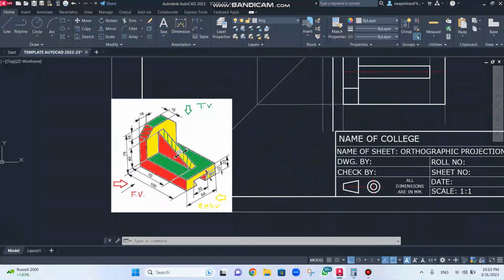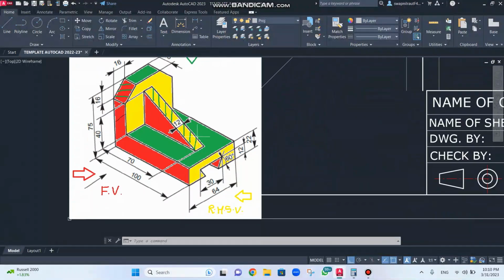Now in this side view, as you can see from this figure over here, whatever the right hand side view, I need to look from the right side. So my front view direction is this red color direction arrow. If I am looking from this direction, the red color one, that is the front view, then my yellow color one is my right hand side view, that is my right side. While looking from the right hand side view, whatever is highlighted in yellow color is what will be